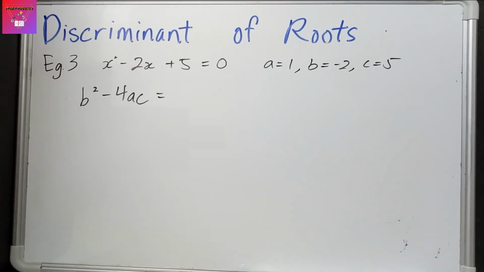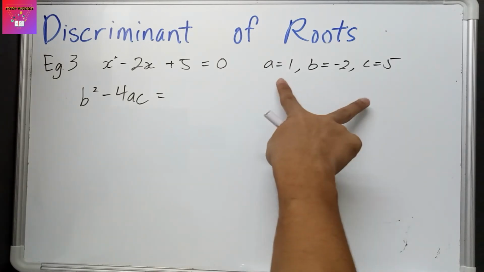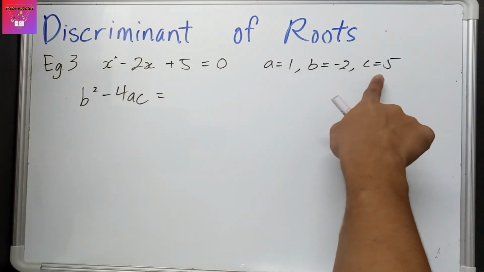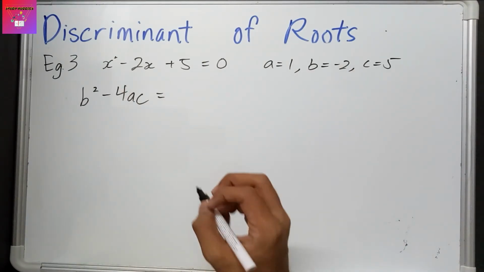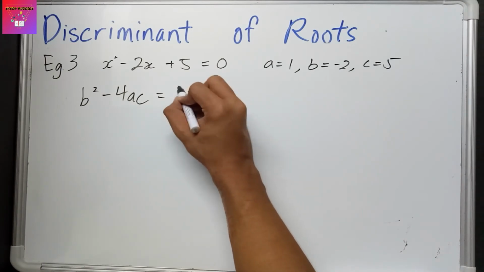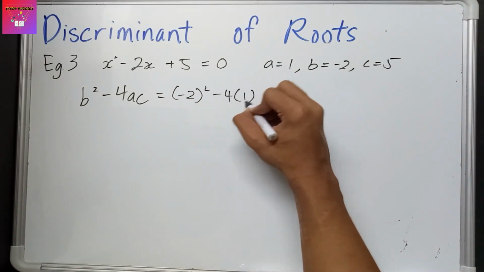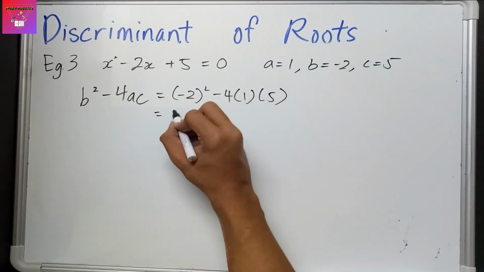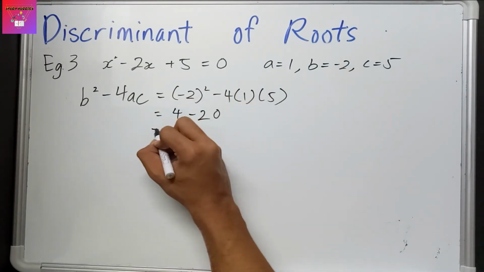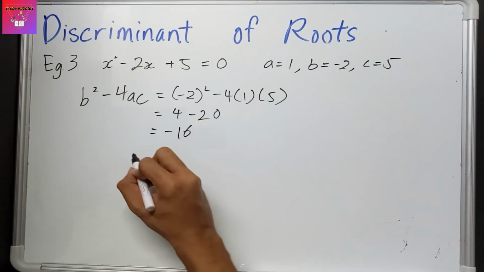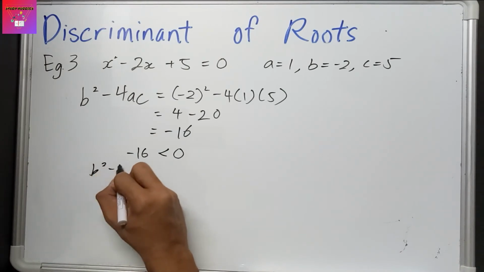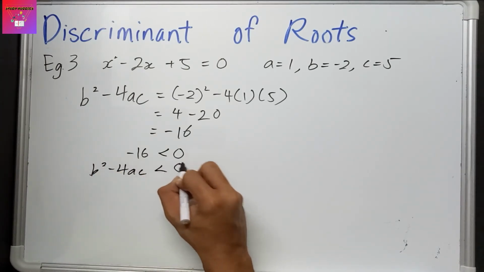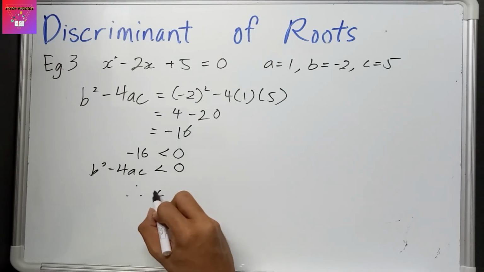Let's take a look at this third example, x squared minus 2x plus 5 equal to 0. I have taken out the values of a, 1, b negative 2 and c positive 5 respectively, and I'm going to substitute them inside the equation b squared minus 4ac. So negative 2 squared minus 4 times 1 times 5. We are going to get 4 minus 20, which brings an answer of negative 16. Negative 16 is lesser than 0, and thus b squared minus 4ac is lesser than 0, which is therefore going to bring two